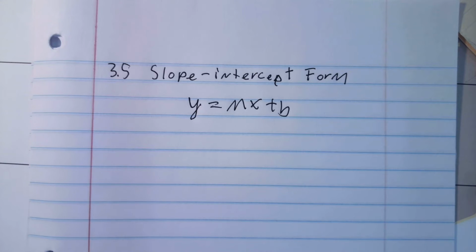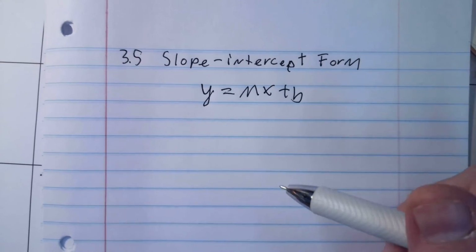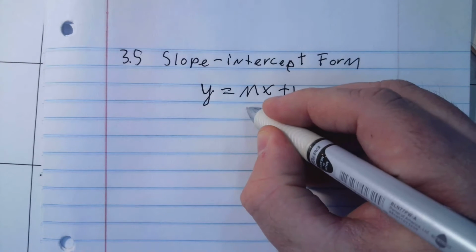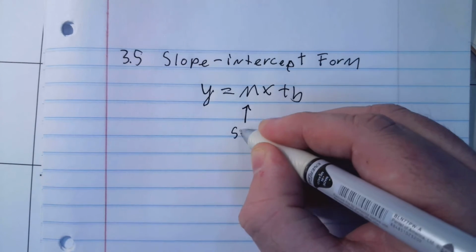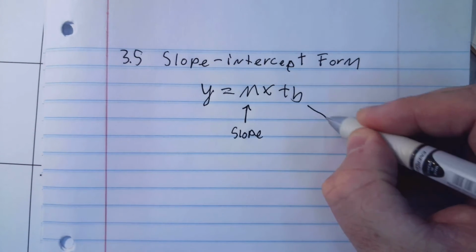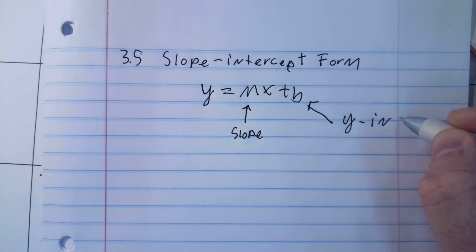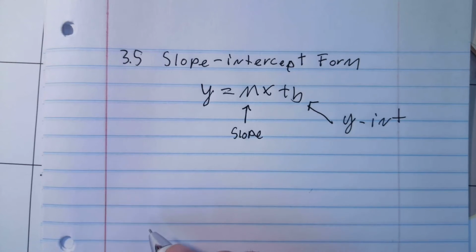And I like to kind of begin with stuff that we've done before. It will get more complicated this year, although it can't get super complicated. So y equals mx plus b. We know that this is going to be the slope. We know that this is going to be the y-intercept. Okay, when graphing with this,